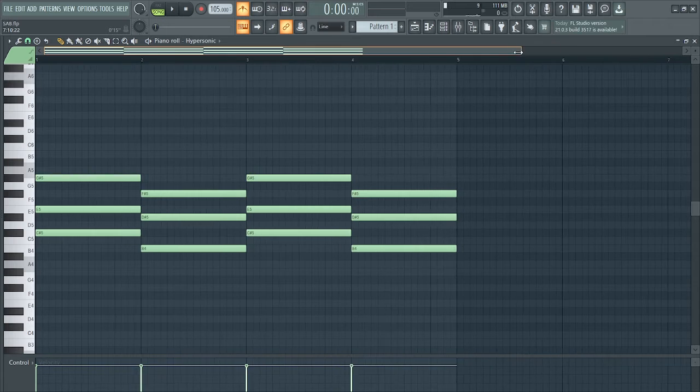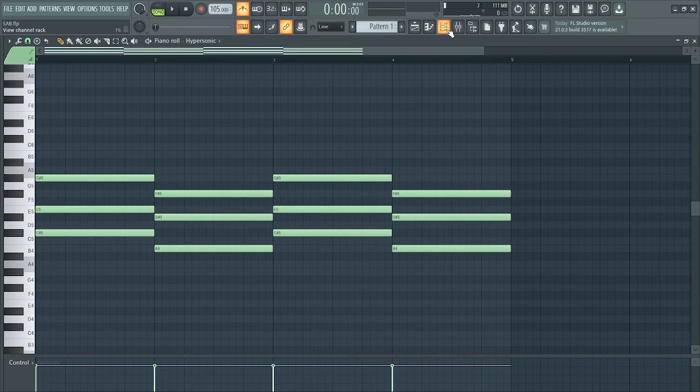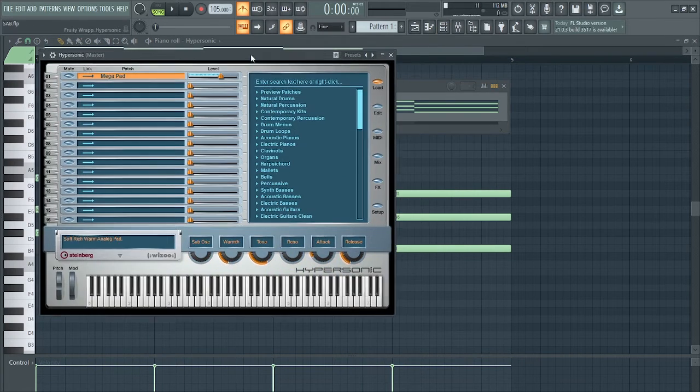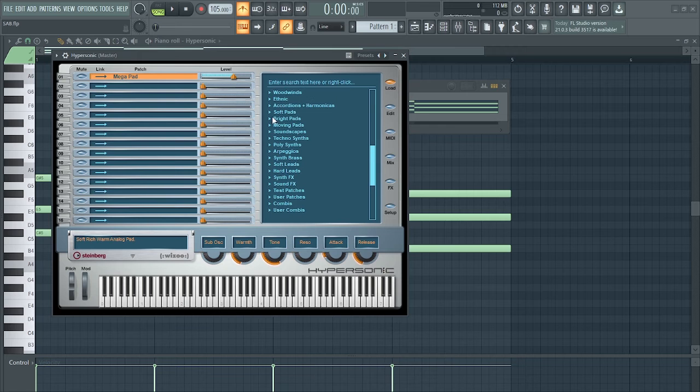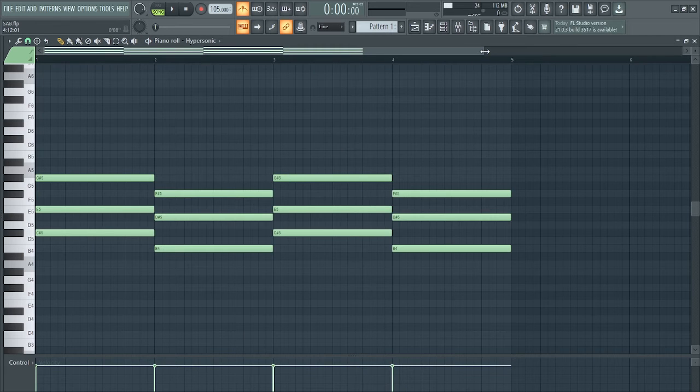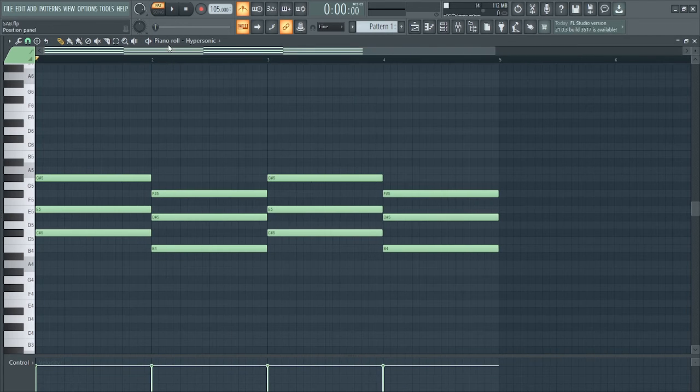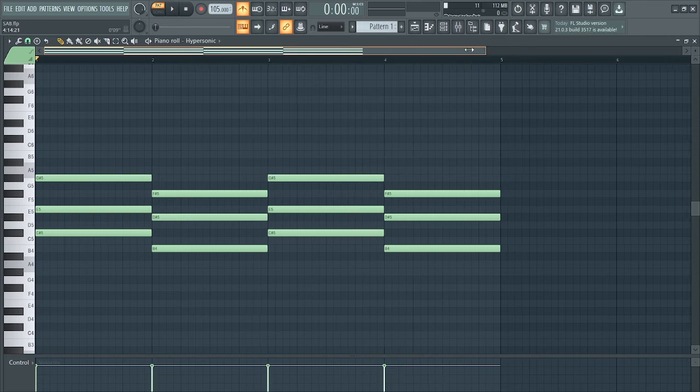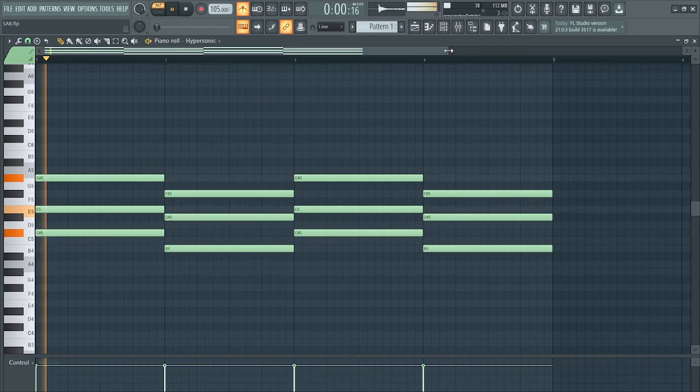After that, let's try and listen to this chord progression. I'm using a pad from Hypersonic, Mega Pad. Let's listen to it. If it's the same, we're gonna compare it to the beat itself. Let's change this to pattern guys. So let's listen to it. If it sounds the same,